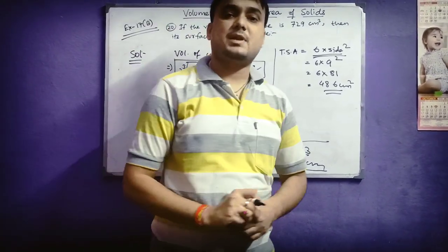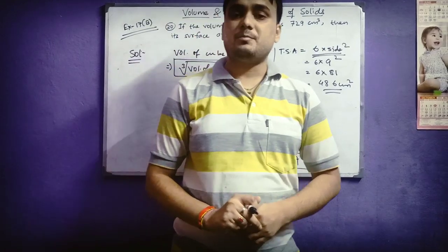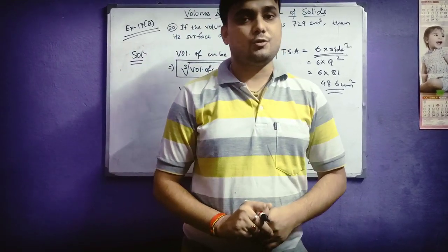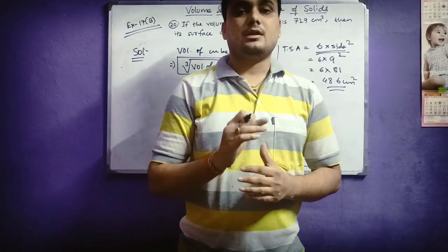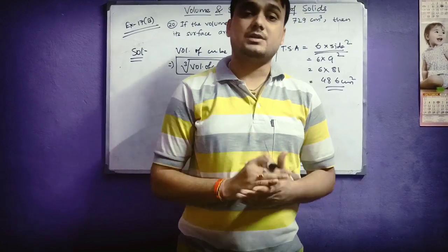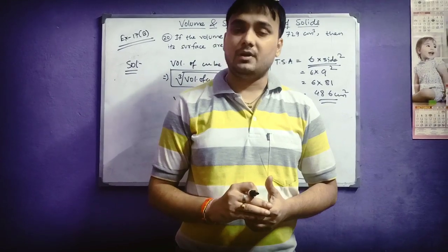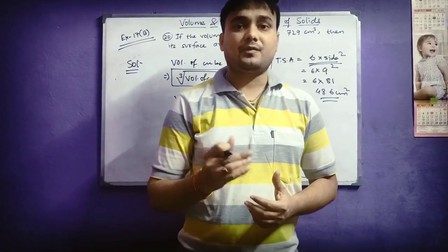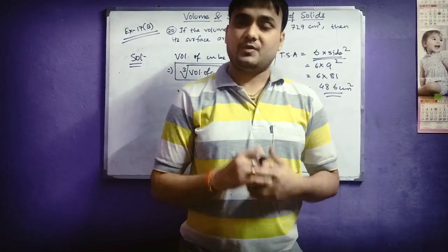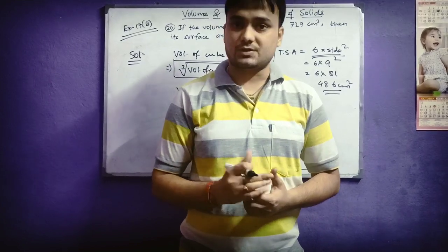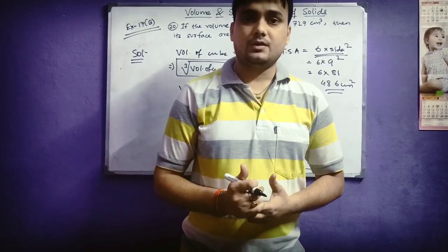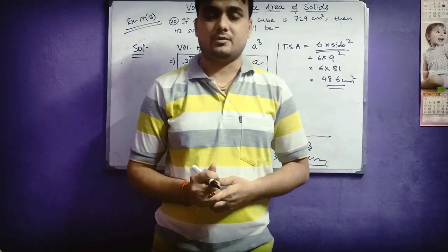So students, in this explanation video, we have gone through mainly two different kinds of solids, cube and cuboid. We have understood the concept of total surface area, lateral surface area, and volume. We also went through two different kinds of questions which will help you solve the other questions of your exercise very easily. So students, with this hope, I end my video here. Thank you.